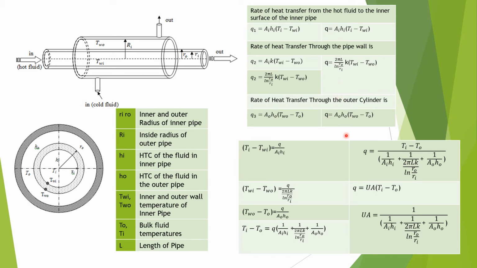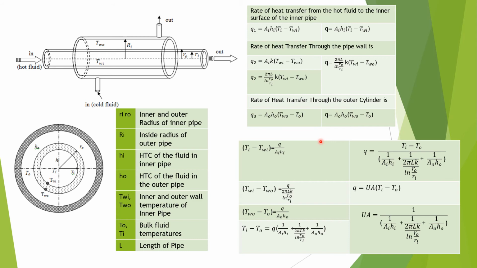I hope आपको समझ आया है. इस स्टेप में हमने instead of writing Q1, Q2 and Q3, Q ऐसे लिखा है. Only we have used the term Q, as the rate of heat transfer between the hot fluid and cold fluid is the same and is not different. Q1, Q2, Q3 is the same. So instead of writing Q1, Q2, Q3, we have written only Q over here. So I hope you are clear till this step.